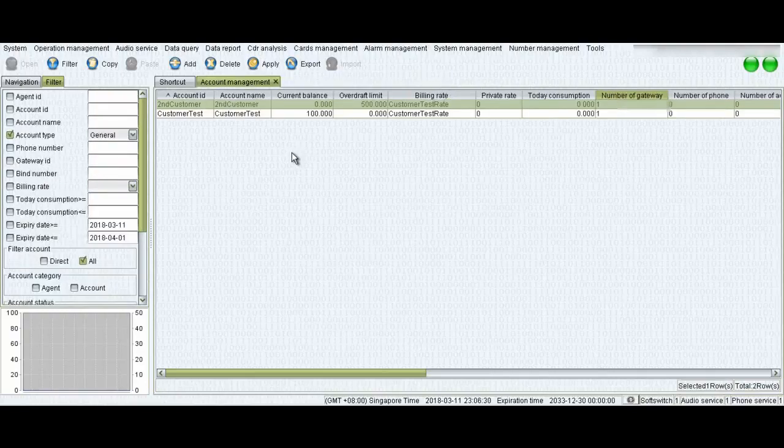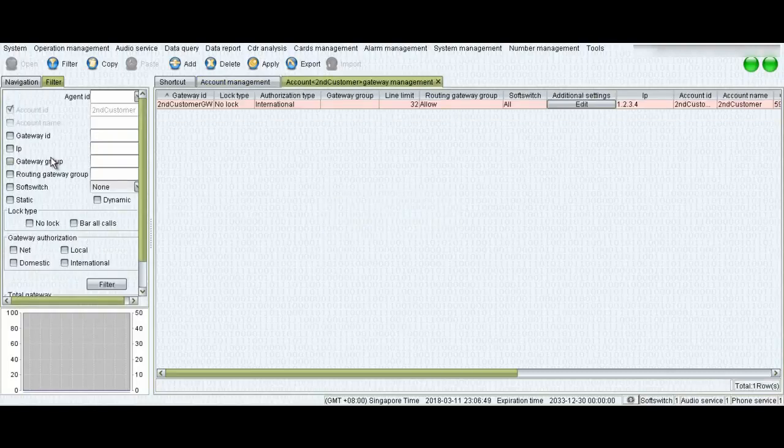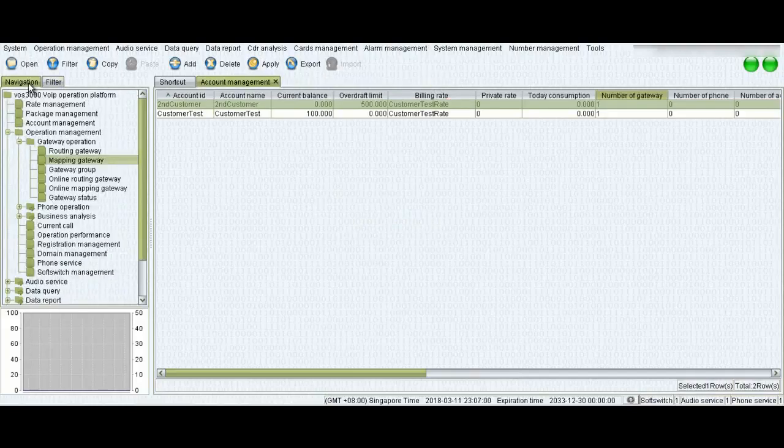Now just imagine you have 100 customers here, and you want to see which other customer has the same IP address. To find out, there are certain ways. Either you can enter the IP address in mapping gateway here, but this will not work because it has checked that account ID and this is disabled.